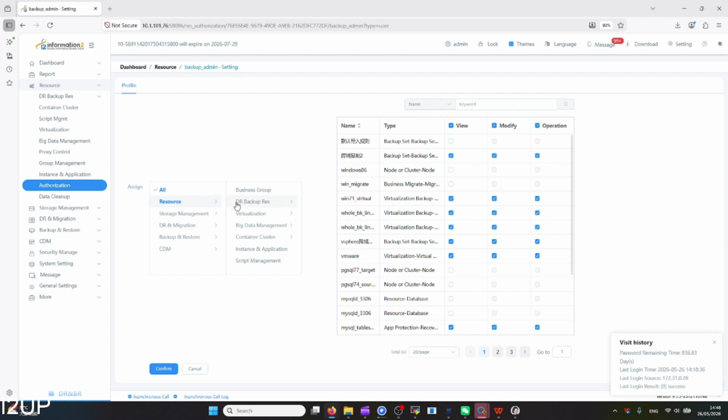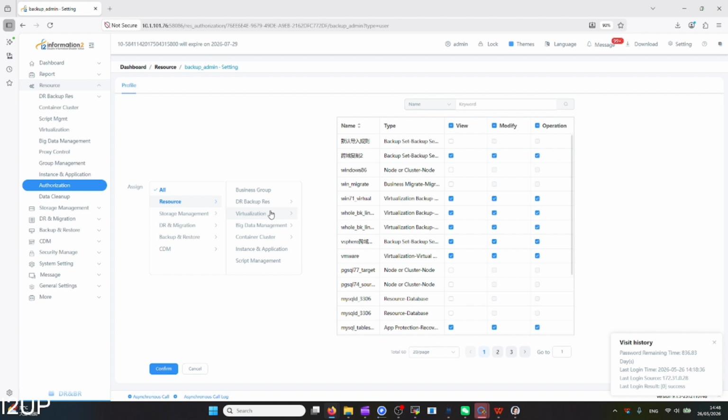So we can only assign the backup for it, because once we want to create a new backup rule, we need to manage the storage unit, manage the node,